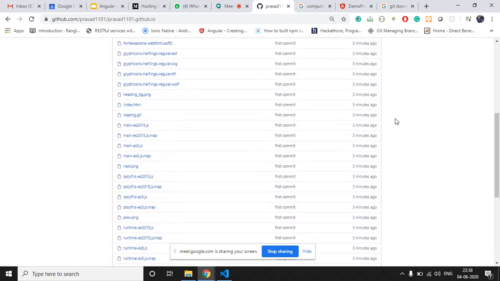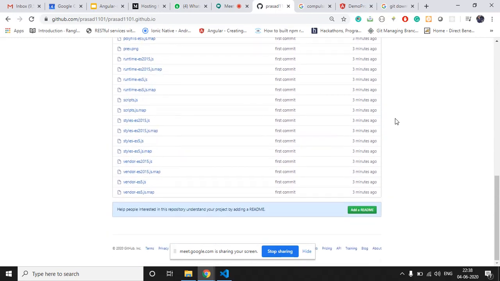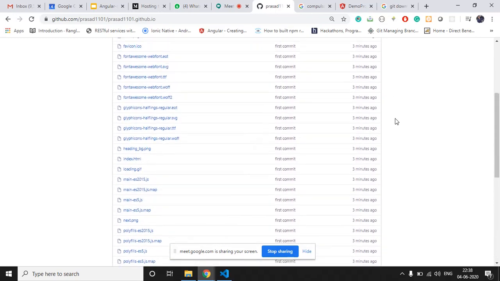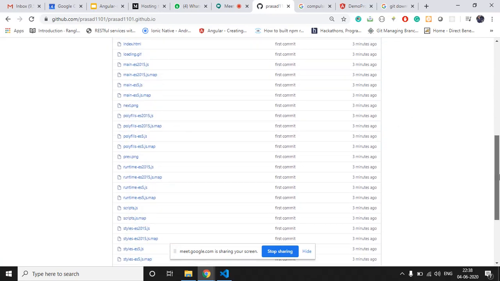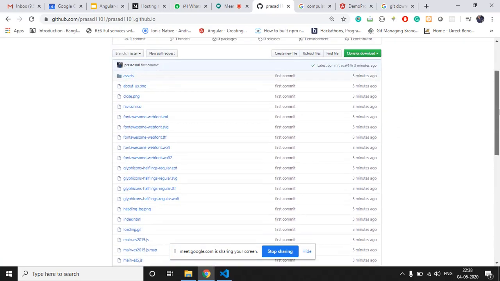So all the contents, all the files which were present on our local, we have put on the cloud, right? So now what we have to do is host this Angular application onto the GitHub pages, right? For doing that, it is a very simple step.